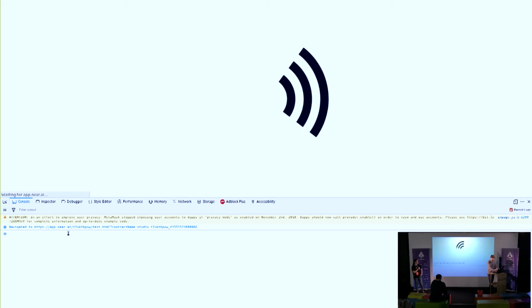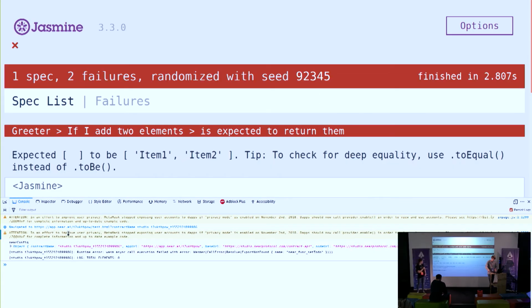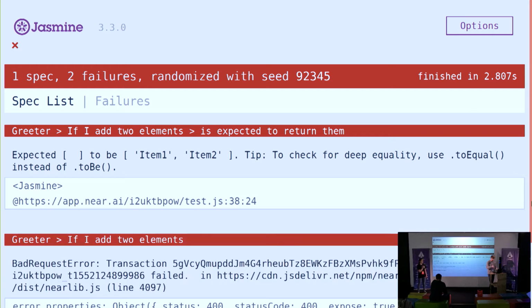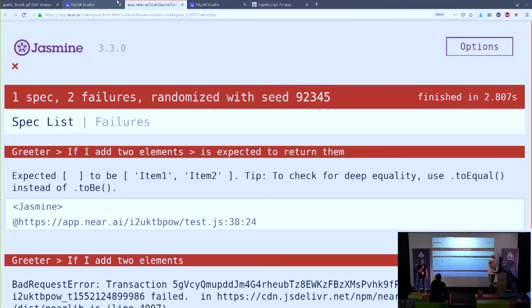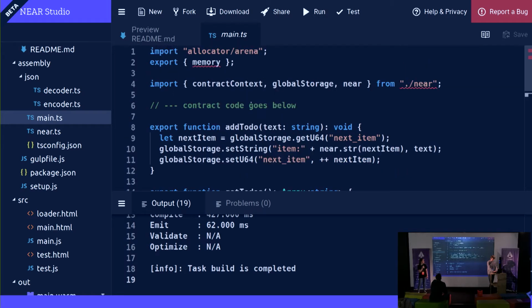So effectively, the way it works is that we stream all the messages from the contract execution, and we can see total elements is 0. That is not at all what we expected. But you see, the debugging process is pretty quick now, because I can log something from the backend side. I can see that the next item, which was expected to be 2, is 0. Right. So the problem is that next item did not increase.